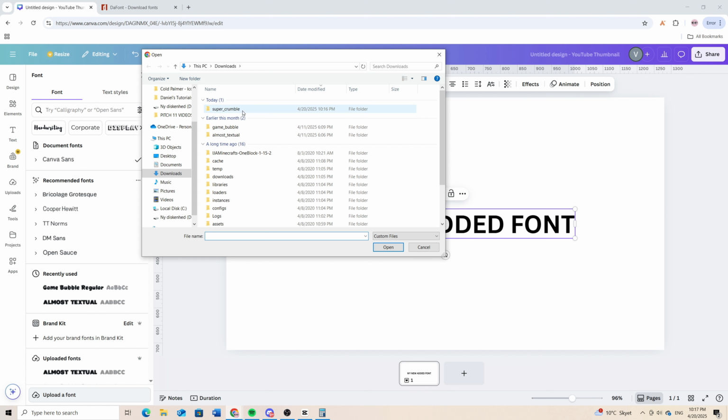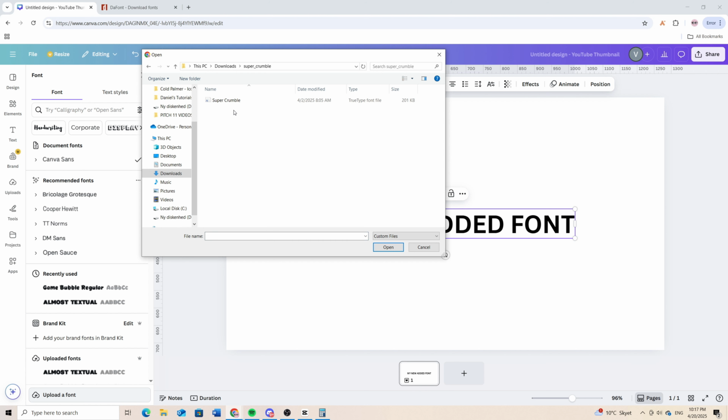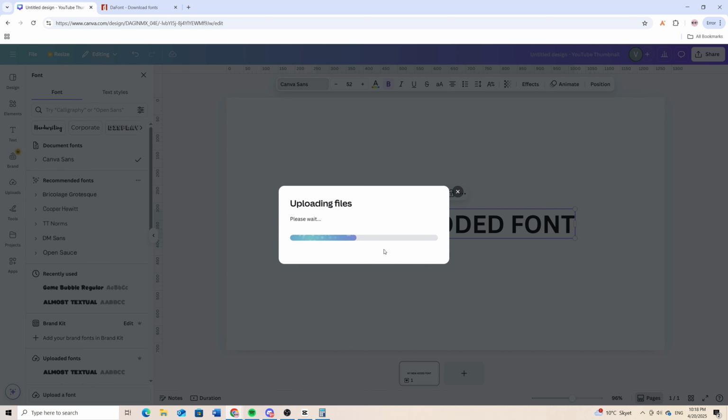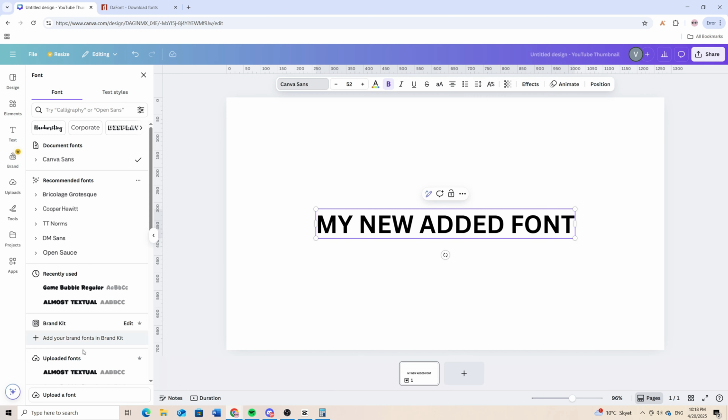But you want to go to the folder Super Crumble, and here you want to just take the file that's in this file folder and click on that one. And then you want to please confirm the following. You just want to click yes, upload anyway, and it will just load. And there you can see